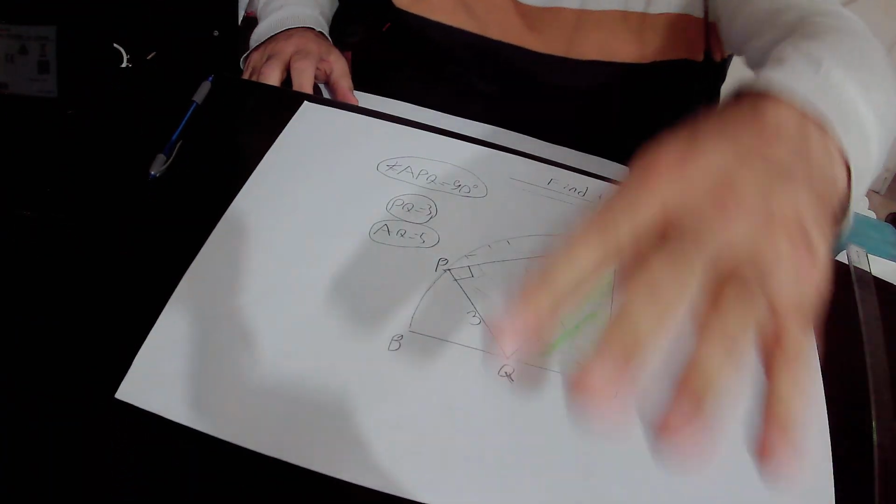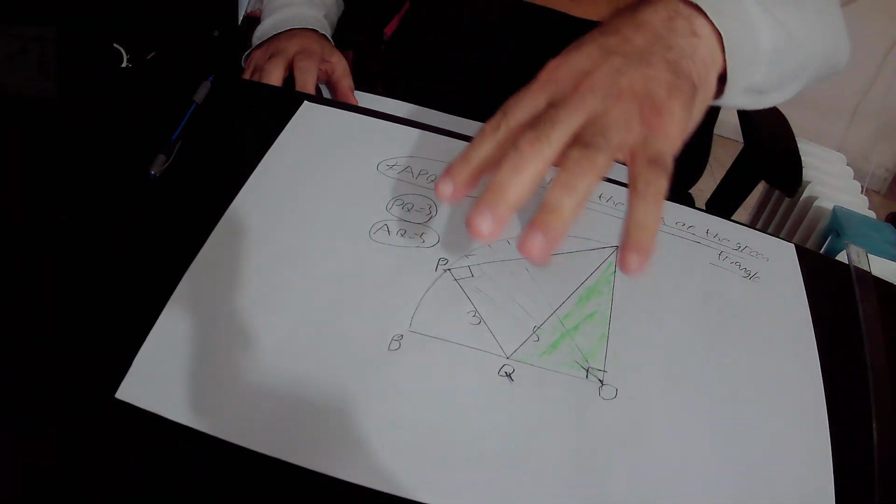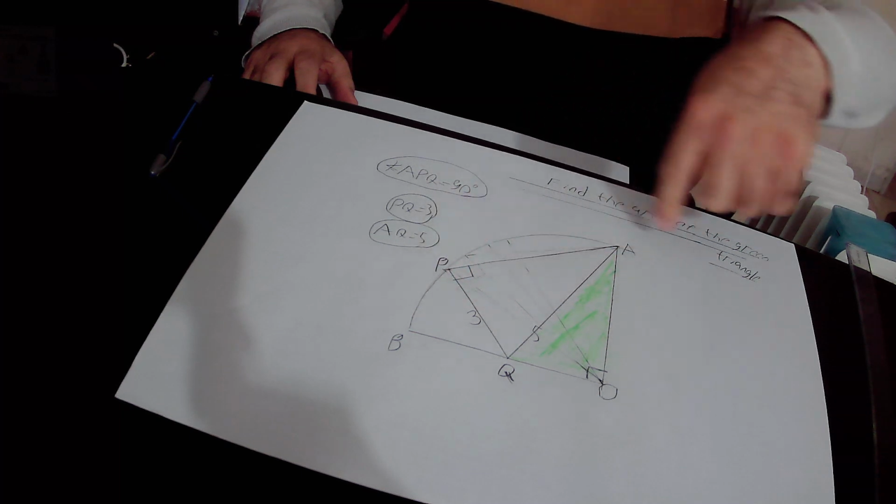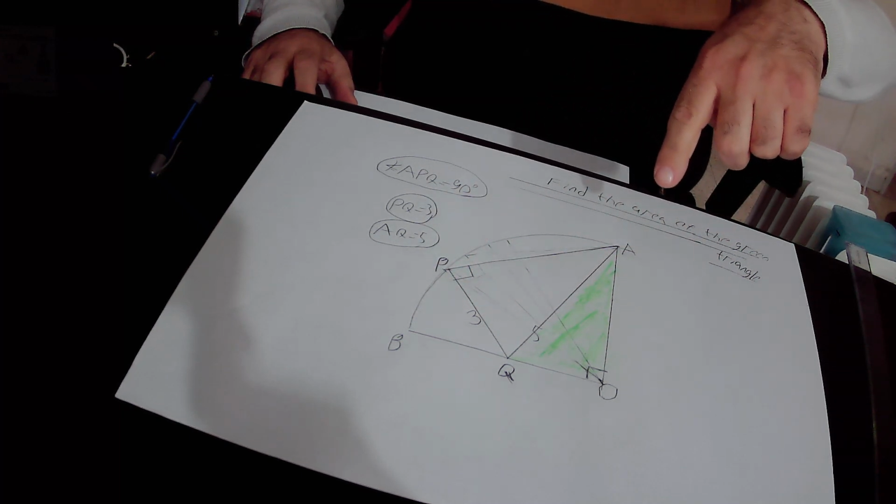Hello, in this lecture we will find out the area of the green triangle. In the drawing we have a quarter circle. AOB is a quarter circle. Inside the quarter circle we have